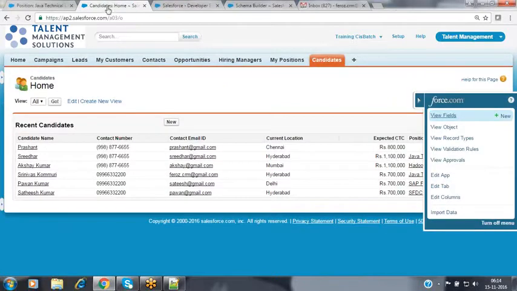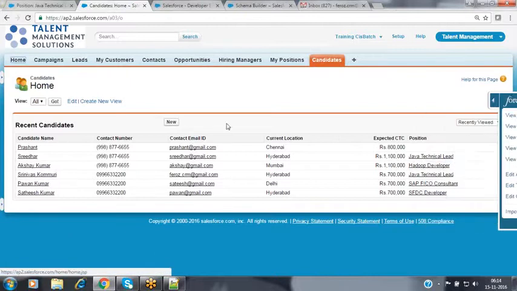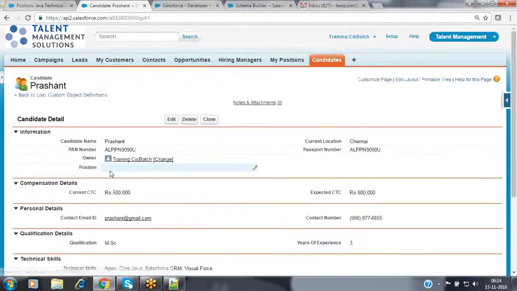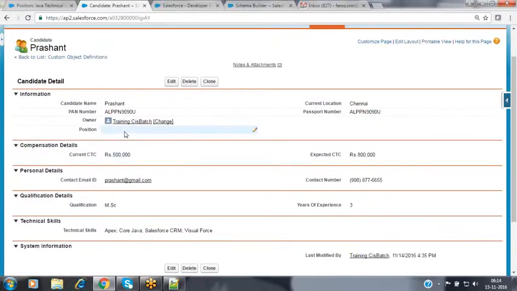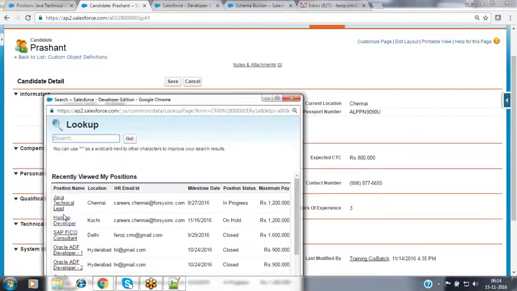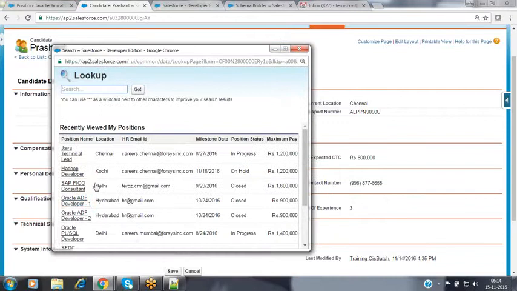In that child object, we have many records available, but this is one record, the Prashant record. Prashant is a candidate who has not applied for any position, meaning he did not select any parent record. So now select that parent record. I'm selecting the position as SAP FICO consultant.